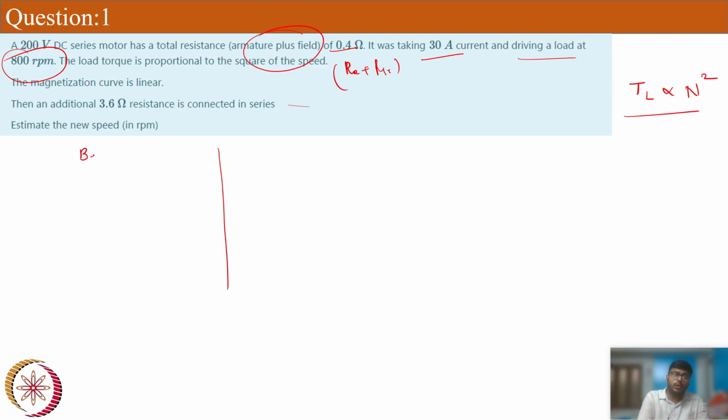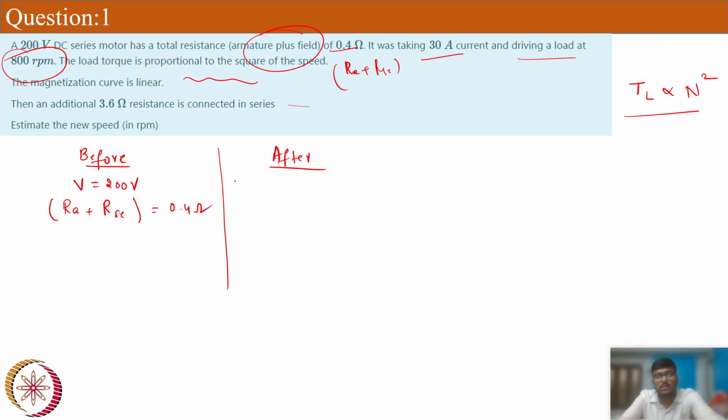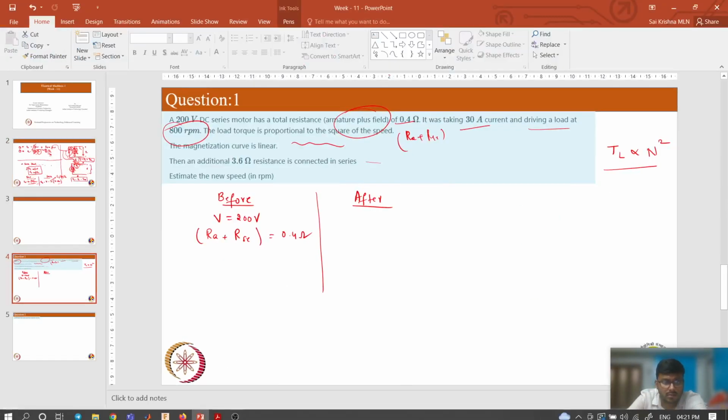I'm dividing it into two parts: before adding the 3.6 ohm external resistance and after adding the external resistance. Before means whatever data was given up to this point. Now, what is V? It is 200 volts. The total resistance, RA plus RSE, that is the series resistance, is